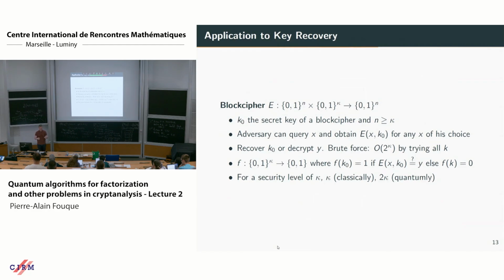A lot of cryptosystems use elliptic curve cryptography. And since the keys are smaller, maybe it will be easier to recover the elliptic curve discrete log. However, currently it's still hard to do this because